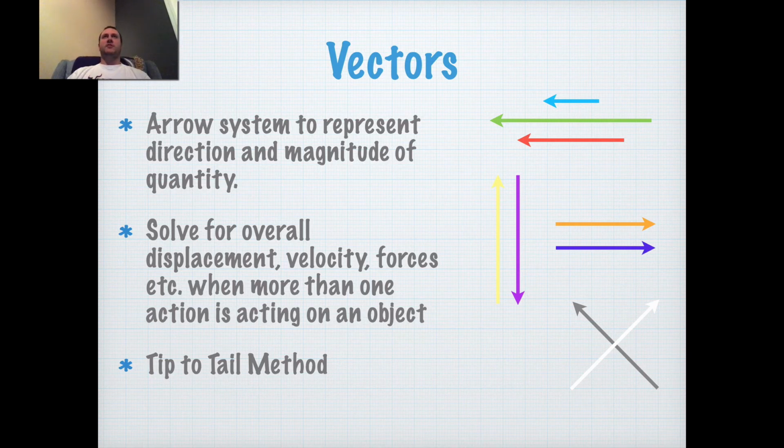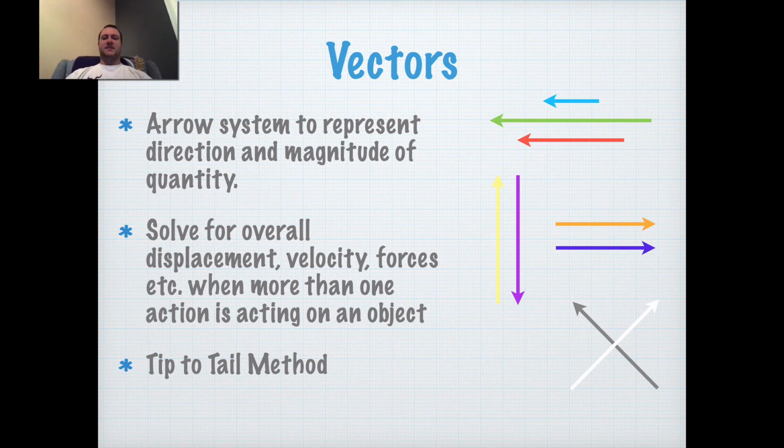If it's one-dimensional motion, it's fairly simple, right? But things that are moving south and east, you can't just add those values together. We're going to set up triangles and use vectors in this tip-to-tail method to really help us. How the tip-to-tail method works is if you start stacking vectors and using them to add together, you're going to have one vector in place,